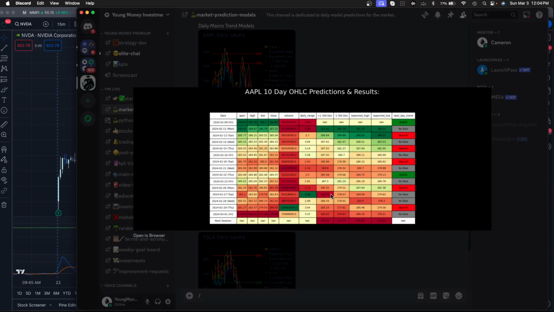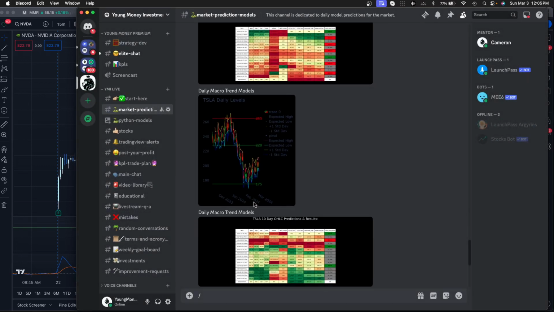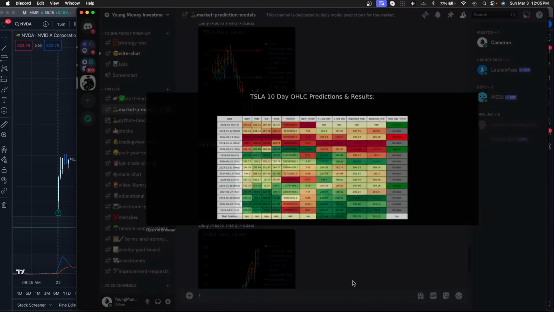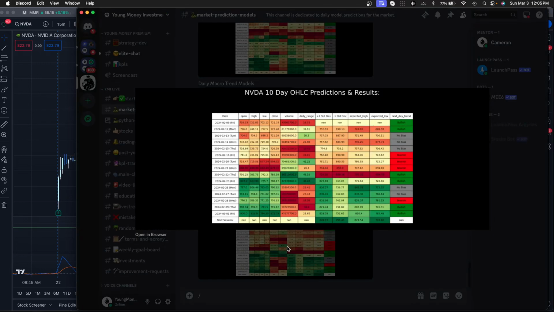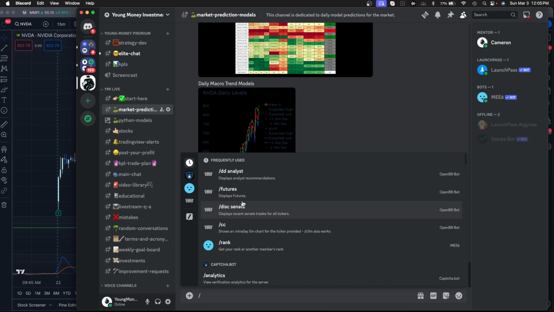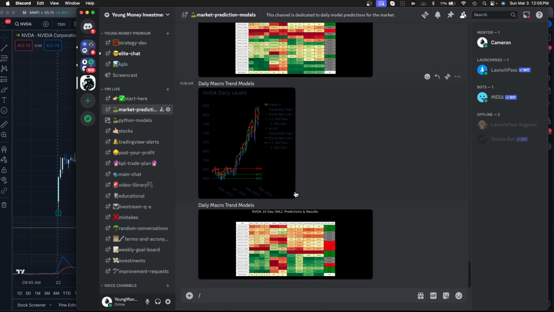For example, we have Apple on here. I put Tesla on here as well. You can see Tesla's not had very much bullish trend biases over the last couple weeks. And we have Nvidia. And so what's really neat about this, again, if you are not in the consistency of trading futures, you can use these tables if you would like. And again, I can either create a bot that you can query and it will post these models, or we just start out real basic and I can put a few macro, large